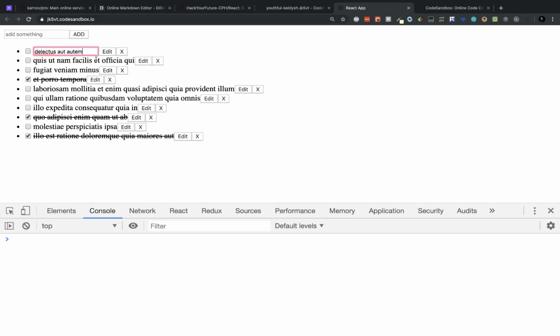Actually, you said yourself that in that case this edit item is doing two things. But in my eyes, you shouldn't do two things. You should just do one thing, which is change the state that drives the UI to change somehow. And here the UI change would be the text becomes an input, right? Okay. So in that case, where do we store this state? The value change into the input. Yeah. So let's say it's